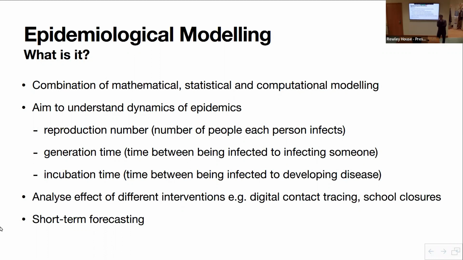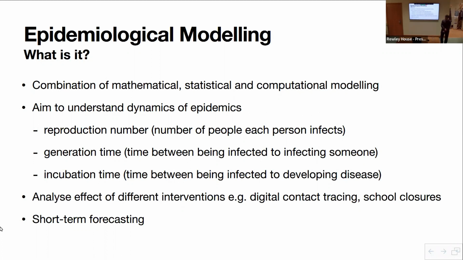Okay, so if R is greater than 1, more and more people are being infected. So you have a growing epidemic. R is less than 1, less people get infected on each generation. So you get a decreasing epidemic. To control an epidemic, what you need to do is get R below 1. How difficult it is to do and how many measures you need to put in to control it is very much going to depend how much above 1 R is to begin with.